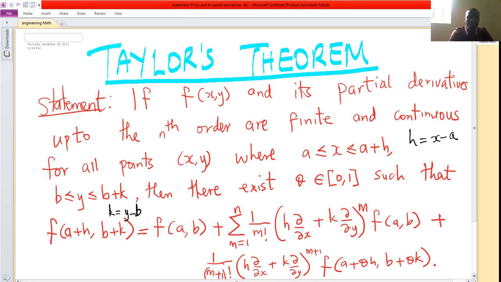Then the value of the function at a plus h, b plus k, is given by the value